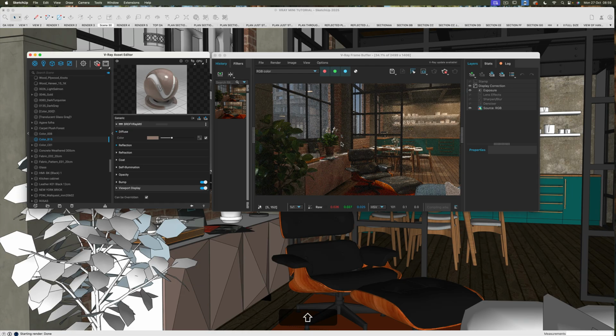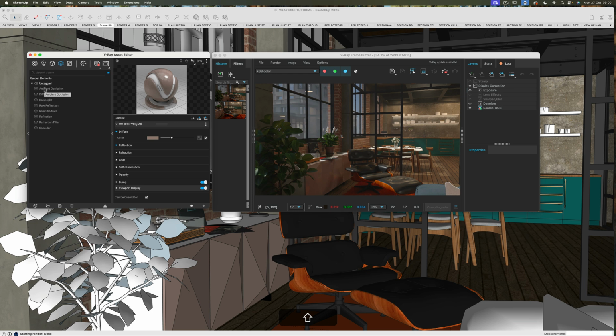Now, when I started with V-Ray a few years ago, this would be the point where I'd get to, and I'd put a render out, and I'd think, oh well, I could never get them to look exactly like they do in those high-end architectural magazines or books or whatever you see, and I could never quite get my head around why it was never quite there. I mean, this is good. These are nice renders, but they're still lacking a little something. It was only in the last year or so that I've picked up on why that is, and that's all to do with post-production and this thing over here, which is your render element stack,